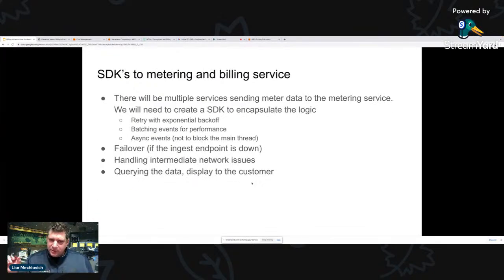Okay, so we mentioned a little bit about the SDKs and the messaging, and how people are going with it. This is very important: to create SDKs that services in the org can use to send this data. As a platform service, it's really important to make that standard, right? So not everybody will do it in their own way, especially when those SDKs are not stupid. They're not just calling an API. Usually they will do some kind of retry, maybe exponential backoff, batching events, and async logic, so that I'm not blocking the current queue with the current call. So there's some good stuff that you can encapsulate in an SDK.